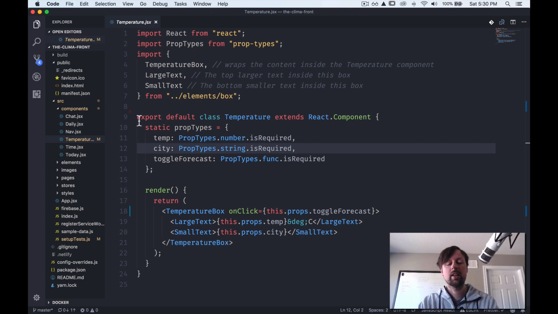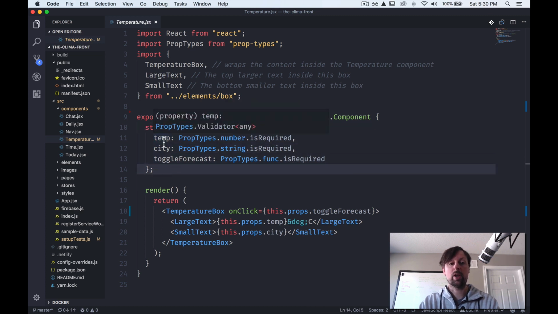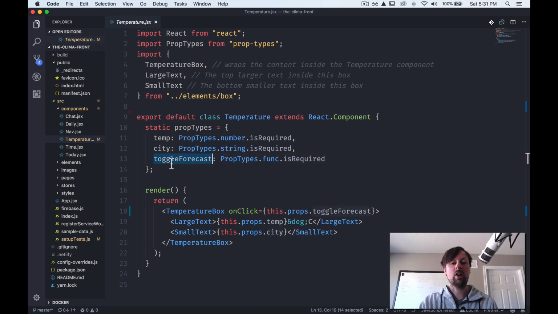So below we're exporting the temperature component, and inside we've got some prop types. So we are receiving a temp, which is the number that's displayed, it's required. The city that it's in, so it's in Toronto or whatnot. A function, which is called toggleForecast. So here's what the render function does, is it returns